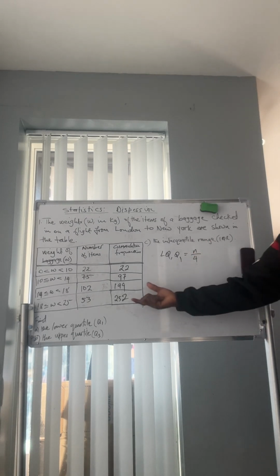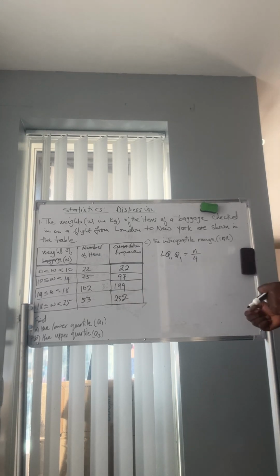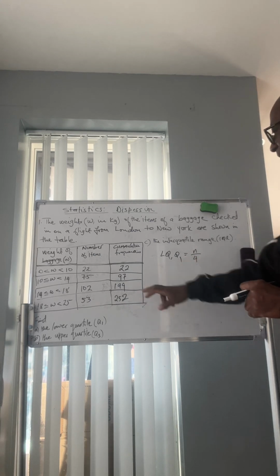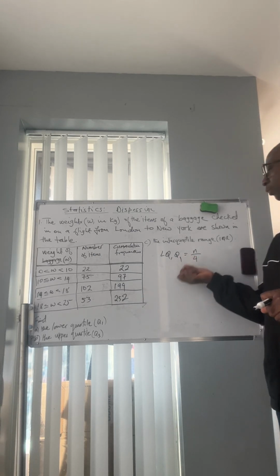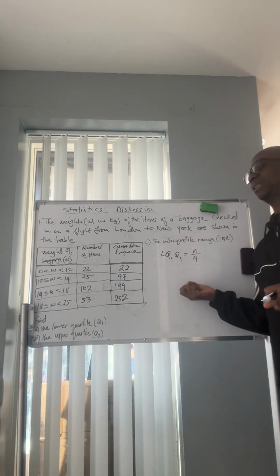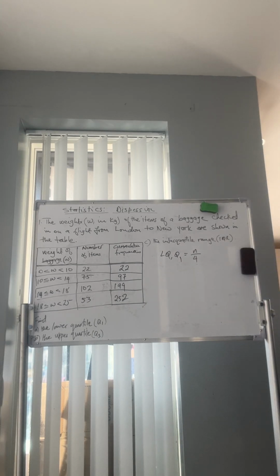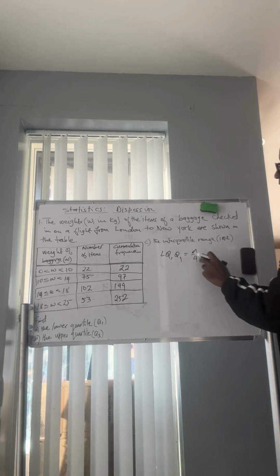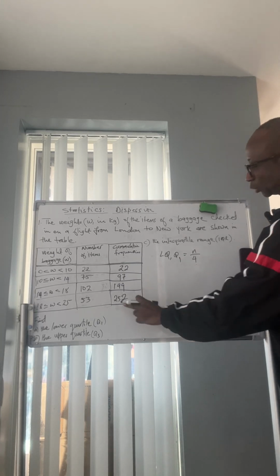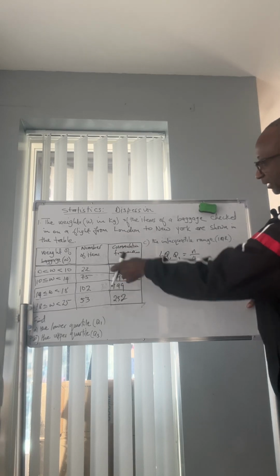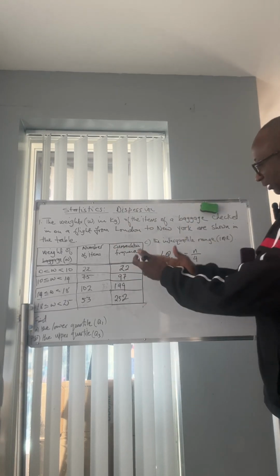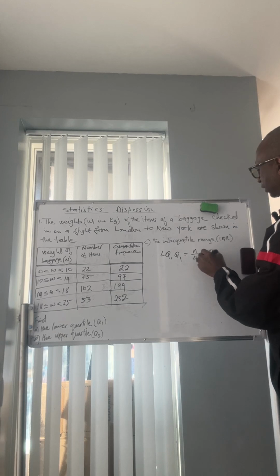So if you have this data set now, you divide N by 4, it will give you the position of where the lower quartile lies. But then you need to calculate what that lower quartile is, and for that there is another method we're going to apply. So now here you can see that N is 252, the cumulative frequency. How many bags do we have? It's 252 bags. So this is going to give us